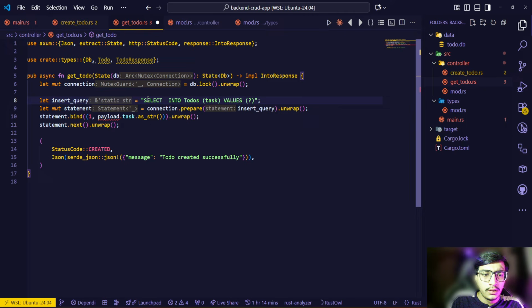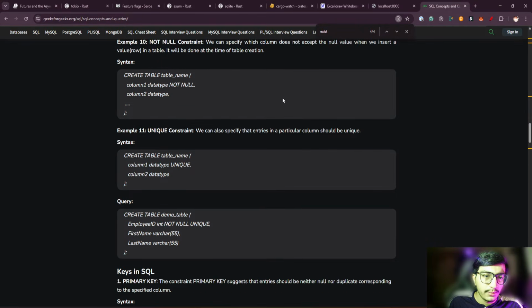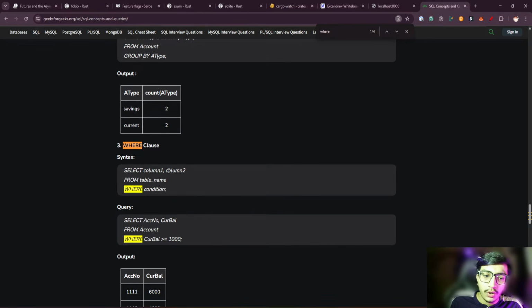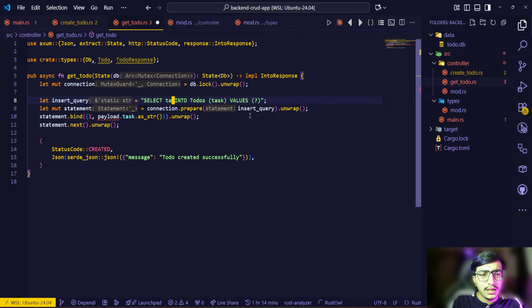So select from todos, and let's go back to the SQL query so let me show you. Here you can see select column one, column two from table one. So you can pass this: select task, status from todos,